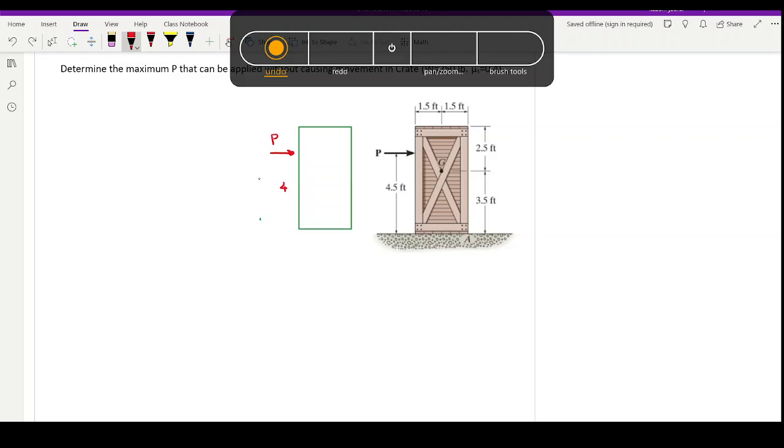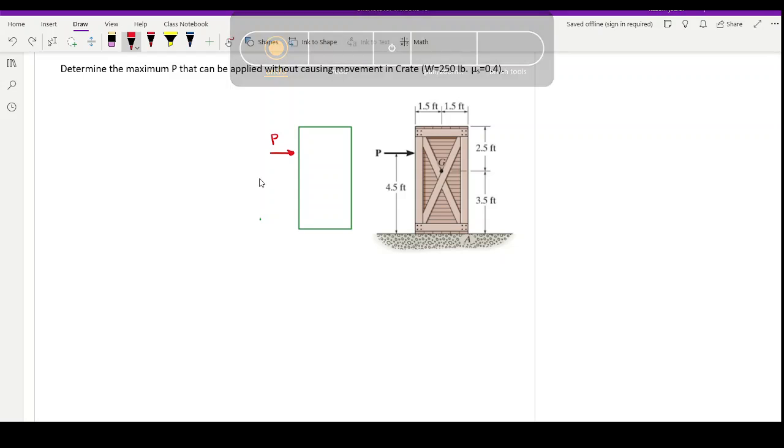So I will use another color to show 4.5. I just use red color to show the forces. Then I have this weight, which is 250, and then I'm going to have one force which is normal